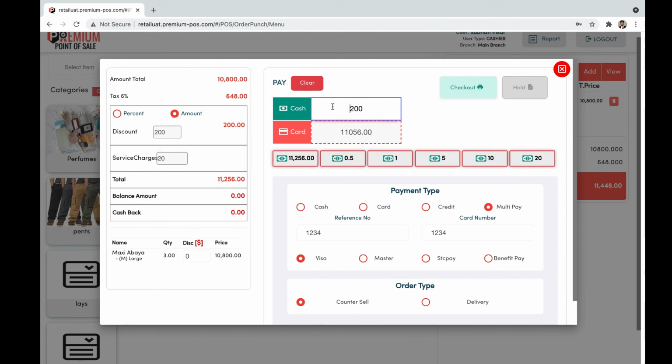This amount is calculated by the POS system. Like if the cashier enters the cash amount, the remaining amount will be written in the card tab, and the same for the card or the cash.